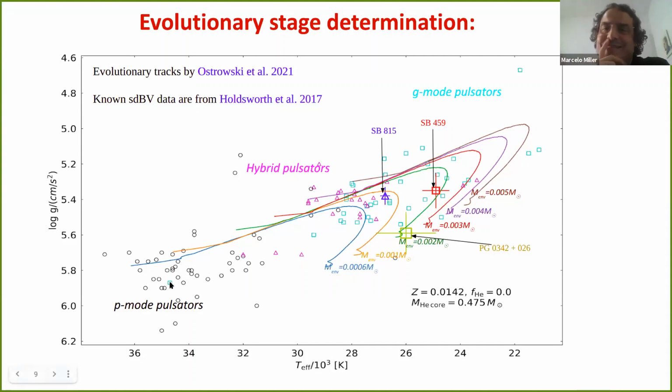So I don't know if there is any physical significance for this star to be here, or if it is a wrong effective temperature and log G mentioned in the paper. Okay, I think we can continue in the